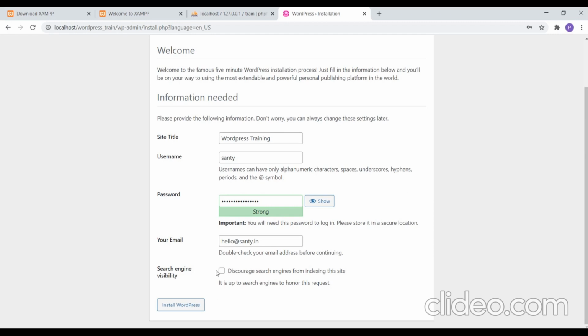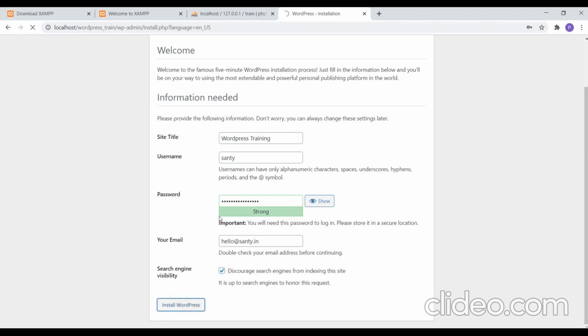If you uncheck it, all the pages that you create get registered with Google and it will create a huge number of errors if you remove a particular page or media file. So for the time being, we will just check this and then click on install WordPress.